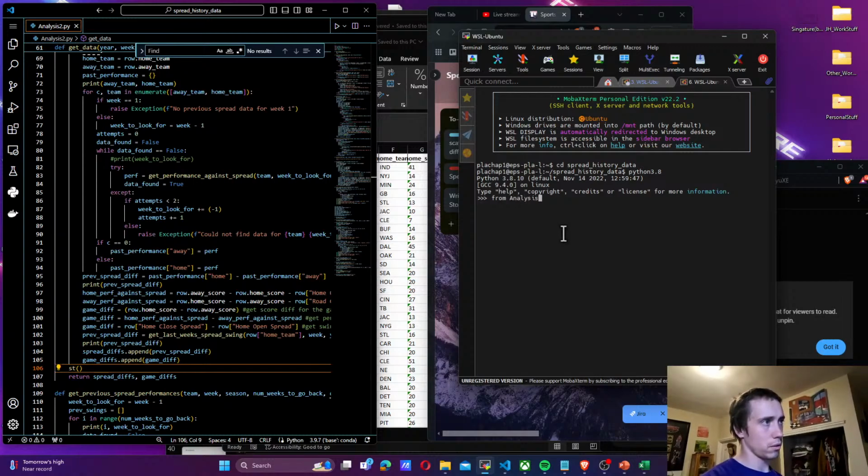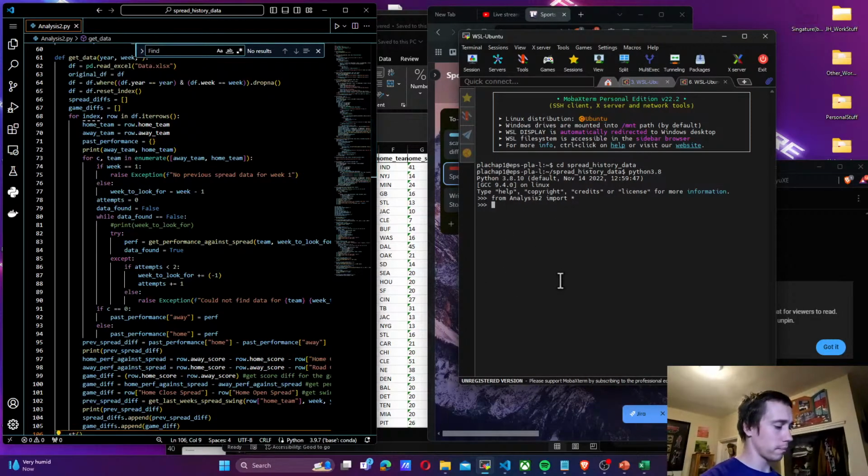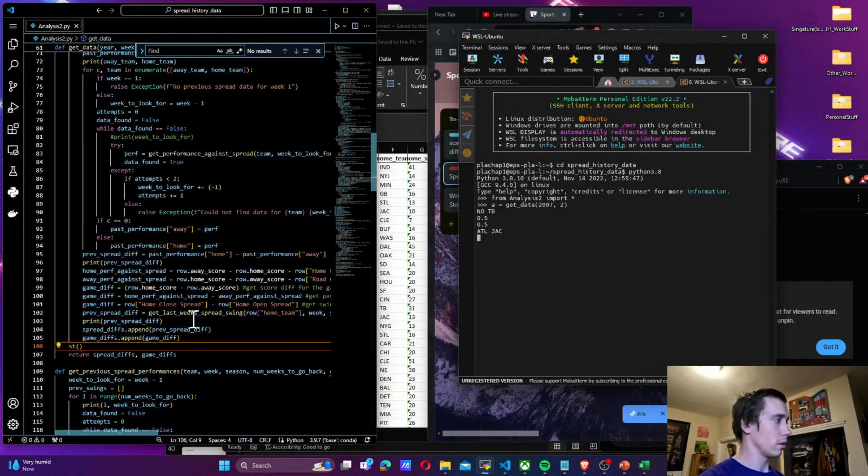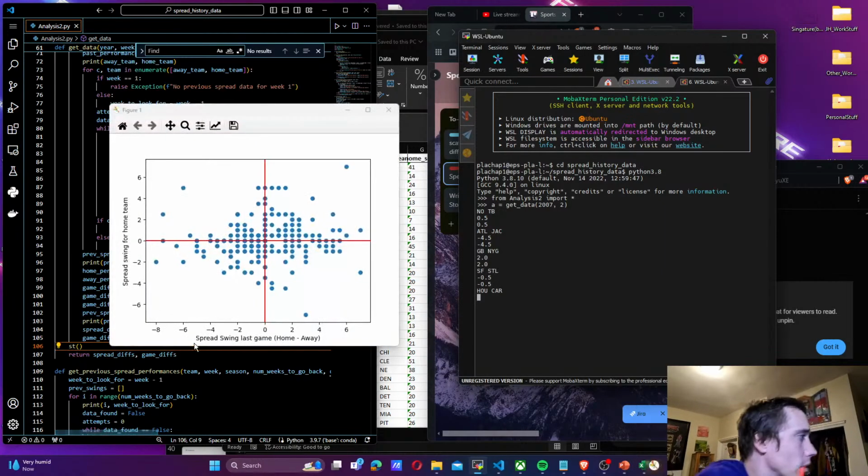So let's import analysis 2. From analysis 2, import everything. Now let's run get data. A is equal to get data of year, week. So let's just do 2007, week 2. Then we get spread diffs